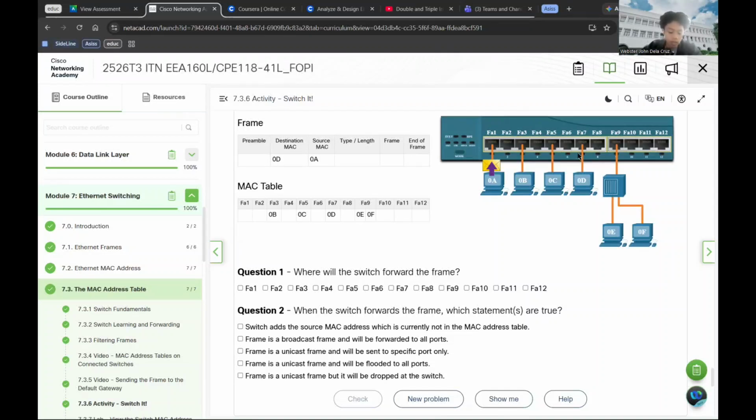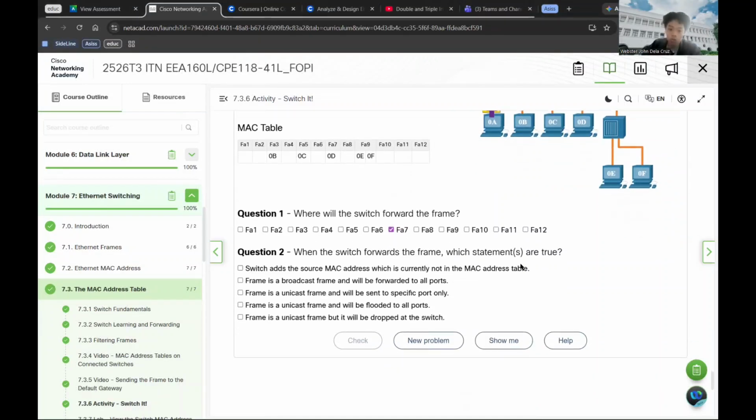Therefore, it will forward the frame out of that specific port. So we're going to answer question 1. Where will the switch forward the frame? The destination MAC is 0D, which is connected to FA7, so that is where it will forward the frame: FA7.